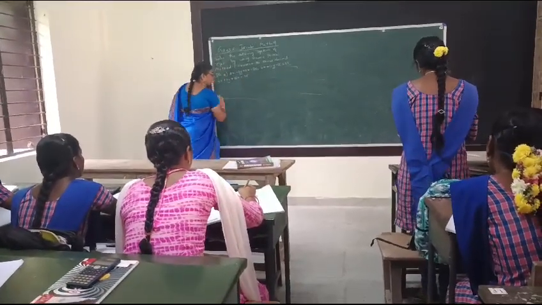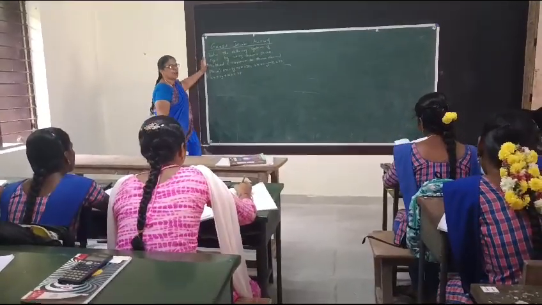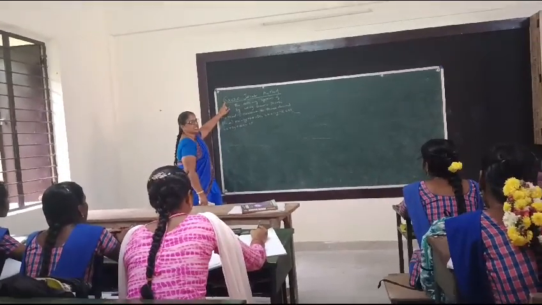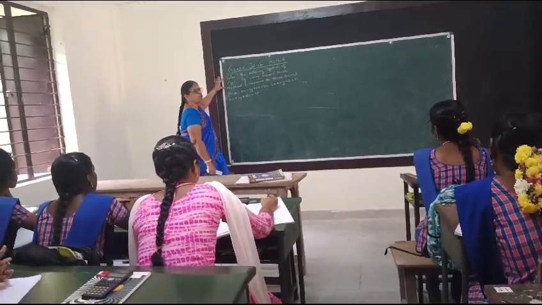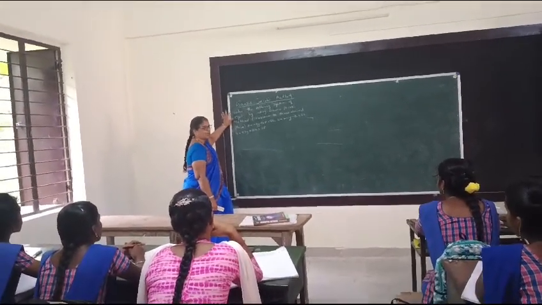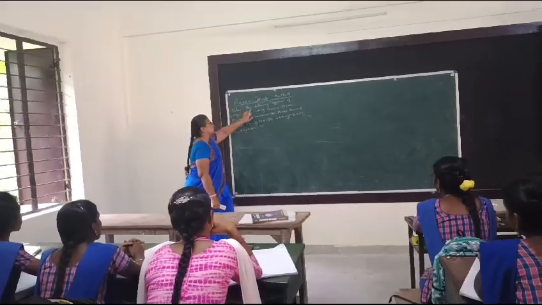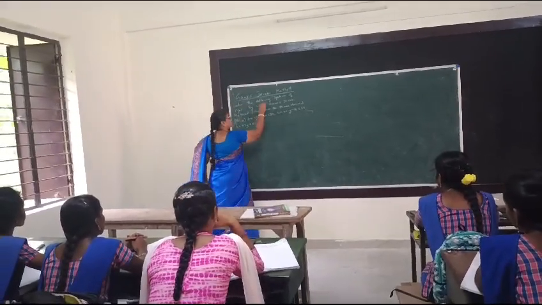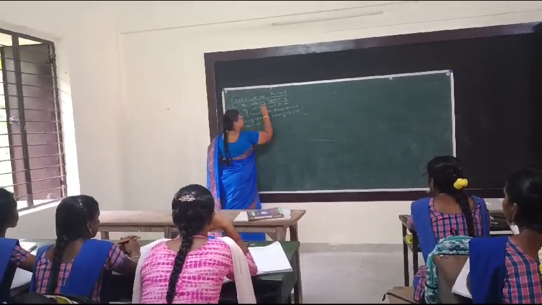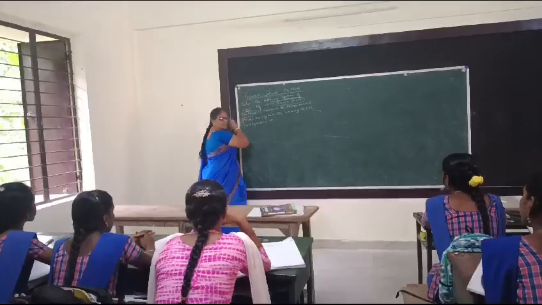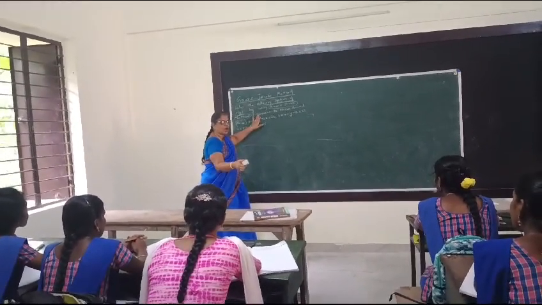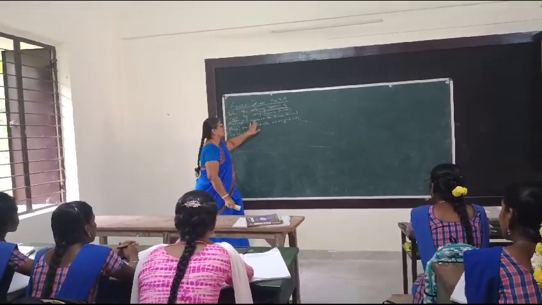Fine. Good. Listen. So this is the problem. In indirect method, we are going to take the first method, that is Gauss-Jacobi method. Here I am going to solve the first problem. Once again I read the problem: solve the following system of equations. Here they ask us to solve the system of equations by particularly the Gauss-Jacobi method. And then they ask how many digits here? 3 digits. So correct to 3 digits.